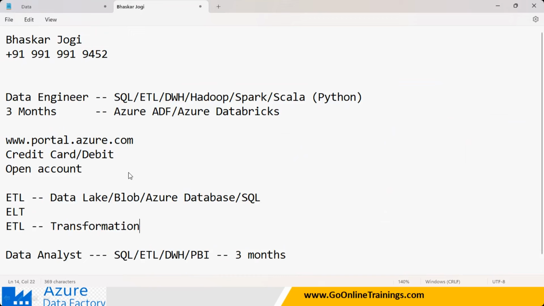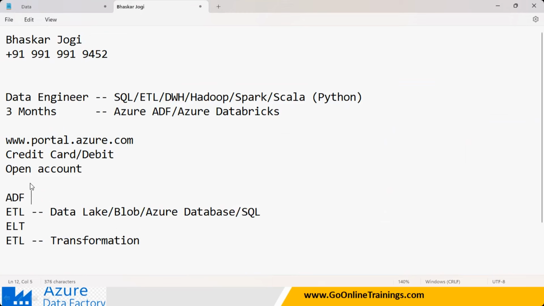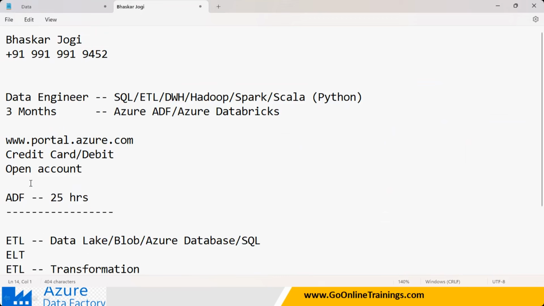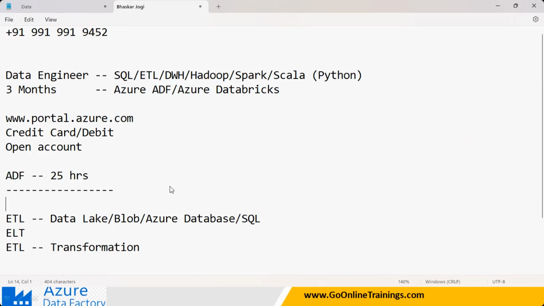ADF will take minimum 25 classes, not Hadoop, sorry. It is 25 hours, daily one hour of class, Monday to Friday. So 25 hours for ADF, Azure Data Factory, and then Databricks if you want to learn.